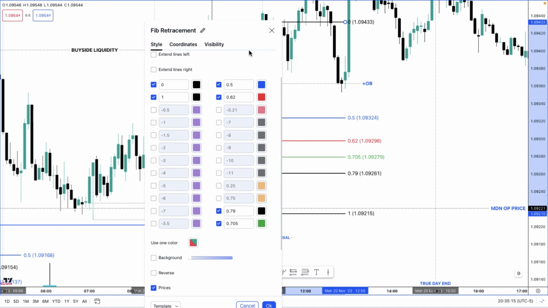OTE. What is optimal trade entry? OTE, aka the optimal trade entry, is basically a comparison between the relationship between the swing low and the swing high being formed in the New York session. So in the heart of the New York session, we're looking at what movement they give us. And after they give us that movement, we are looking at